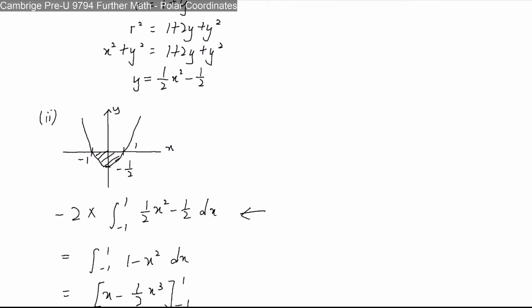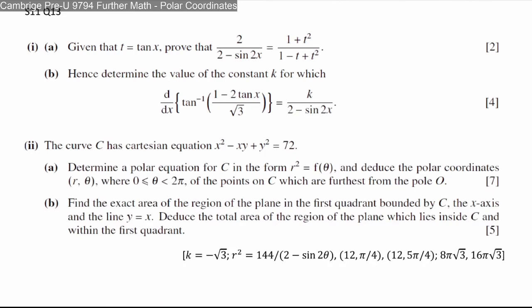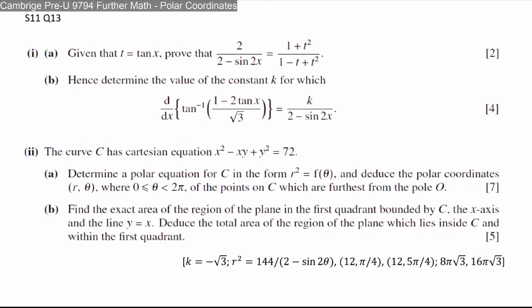Okay, so we will look at another question. This question is from summer 11, question 13. For this one, it actually involves quite a lot of things. In part 1, it's not really something that is related to polar, but we are going to need this later. So for the first one, given that t is equal to tangent x, we need to prove that